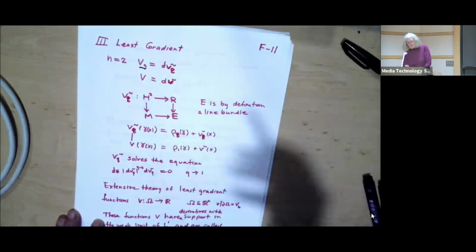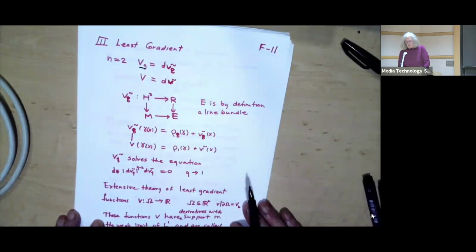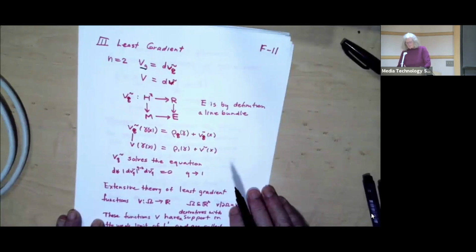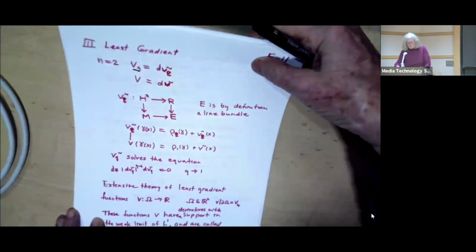So it comes with a cohomology class. If you take a cohomology class to a harmonic one form on a surface, you get the cohomology class of the one form and the cohomology class of the dual. And we're looking at the cohomology class of the dual. And so we get V